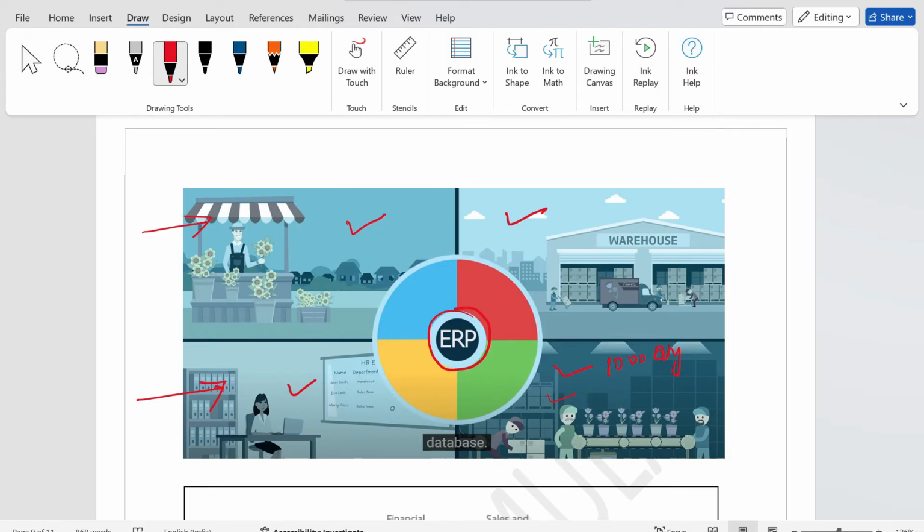So this is the advantage of centralized system. And this type of system will prevent miscommunications and human errors. Now, this type of system also has a disadvantage. You can see that this type of system has only one database. If there is any issue in this database, then all the departments have to stop all their operations until the database is fixed. Okay, so this is not similar to decentralized. So this is the disadvantage of